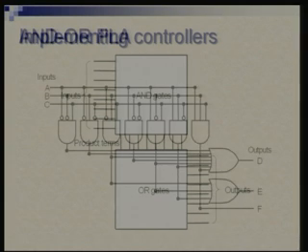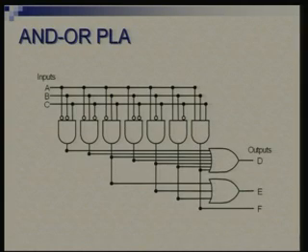So let me illustrate. For a simple situation, let us say you have 3 inputs, call them A B C, and 3 outputs D E F. You have a set of AND gates which would implement the product terms which are required in that implementation. So each gate here is capable of taking every input either in true form or in complementary form.